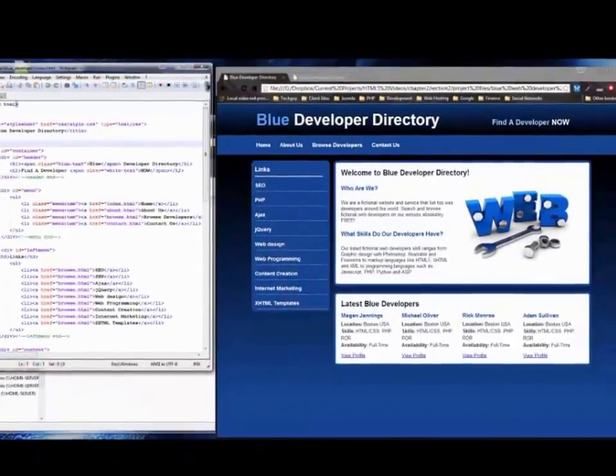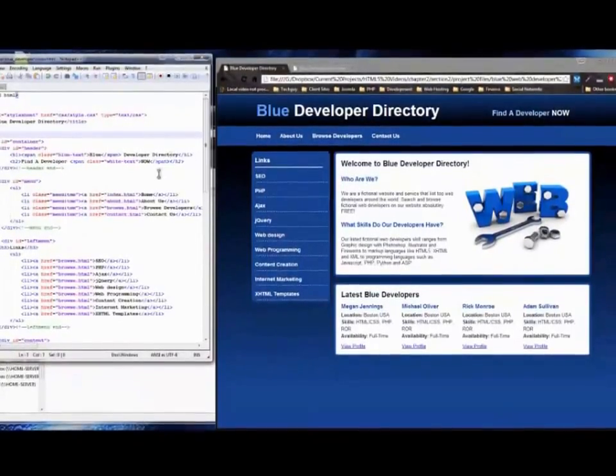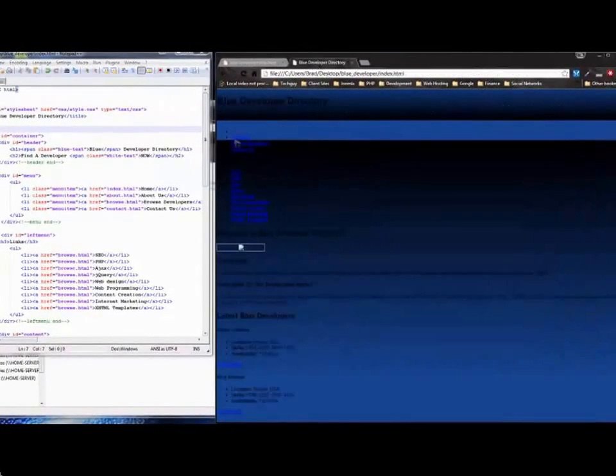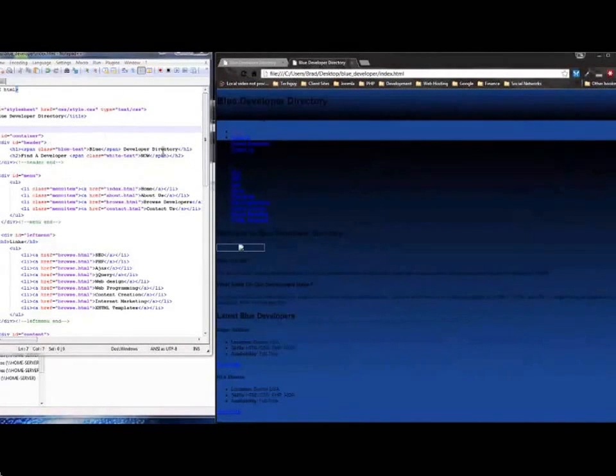Alright, so that looks good. Looks like we have all our div tags, all our IDs and classes set. You can't see much yet because we haven't done any styling, but we have all our markup in place, and in the next